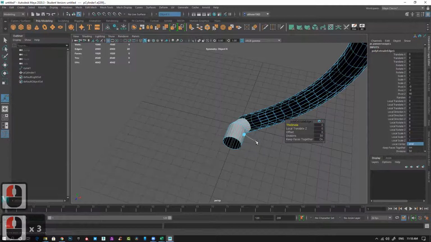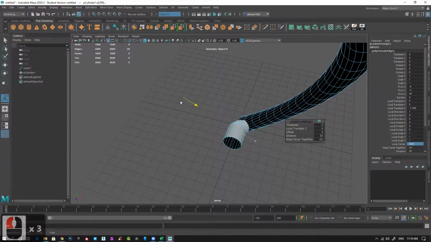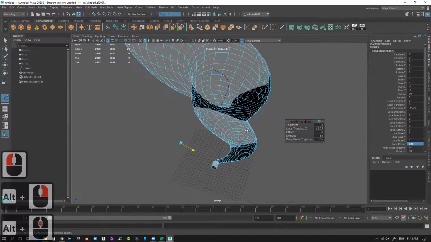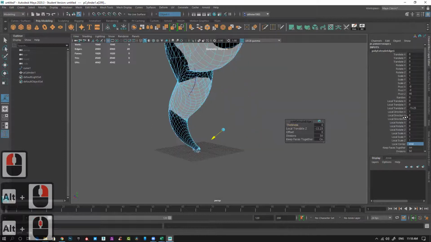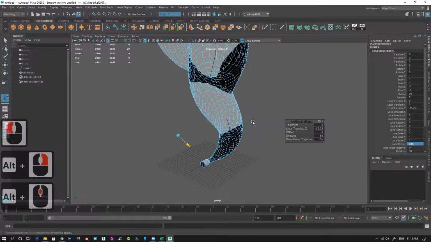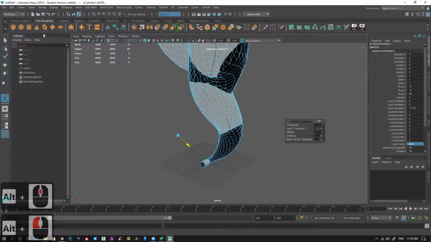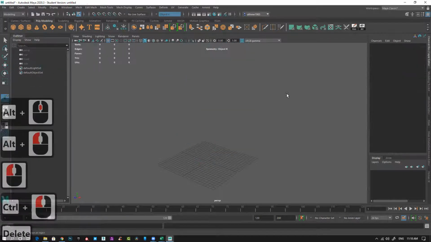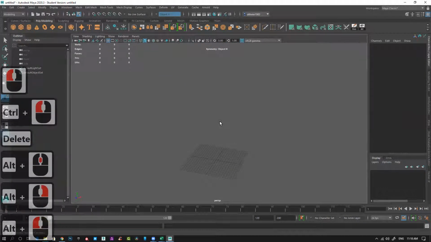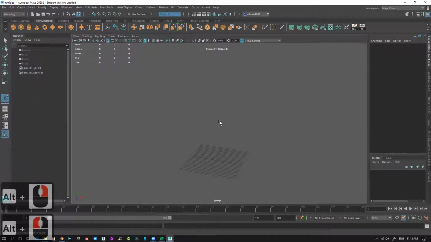Why is it working like that? Okay, I guess I made some mistake. Let me check it and then we'll fix it. I'll cross check what I did. Something wrong, definitely I did something wrong.